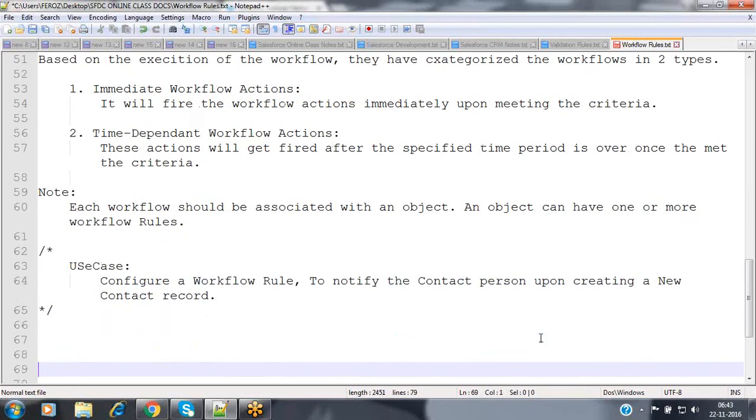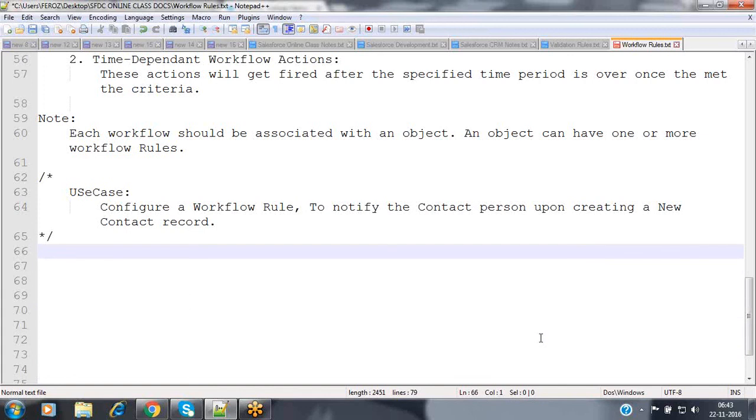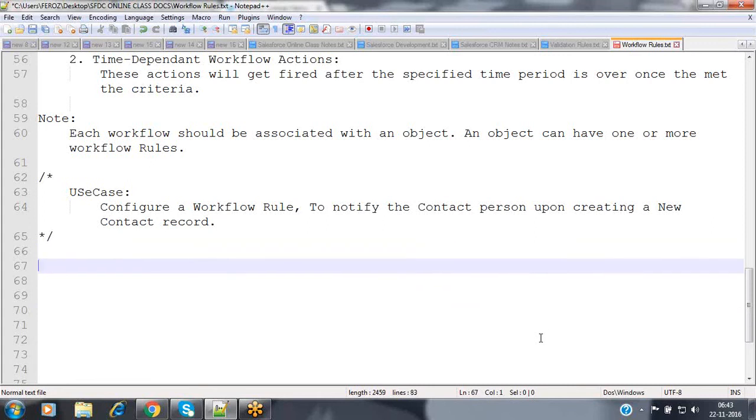Upon creating a new contact record inside that contact object, whatever email ID he has specified inside the email field of that contact record, to that email ID, I want to send the email notification automatically. I don't want to send it manually. I want to make it an automated process. So for that, we have to create a workflow here. Now tell me what will be the steps that we need to implement here. Implementation steps.